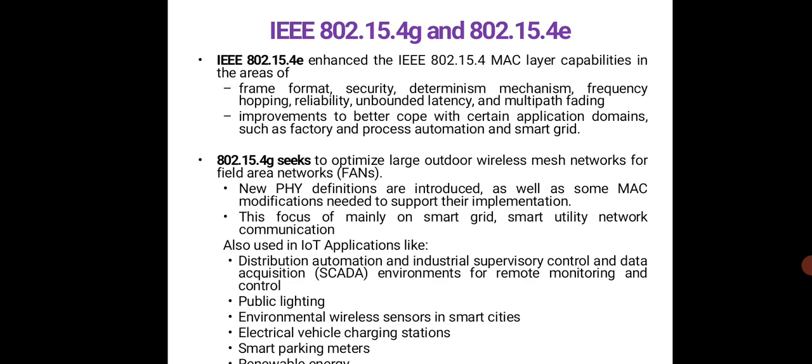And coming to the next associated technology, which is 15.4G, which seeks to optimize large outdoor wireless mesh networks for field area networks, that is FANs. New physical definitions are introduced as well as some MAC modifications needed to support their implementation. The focus is mainly on smart grid, smart utility network communication. It is also used in IoT applications like distribution automation and industrial supervisory control and data acquisition, which is very familiarly called SCADA environments for remote monitoring and control. Public lighting, environment wireless sensors in smart cities, electric vehicle charging stations, smart parking meters,